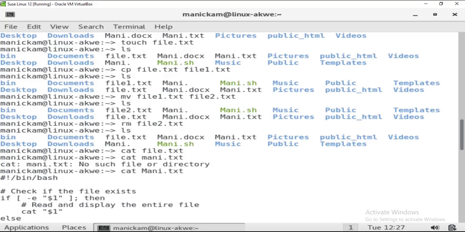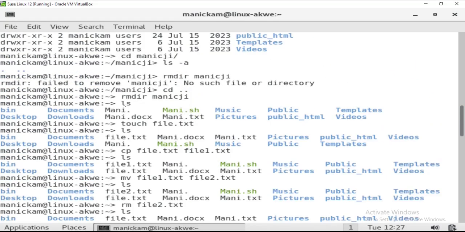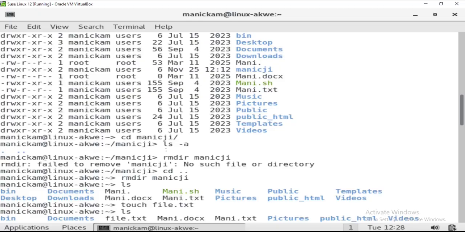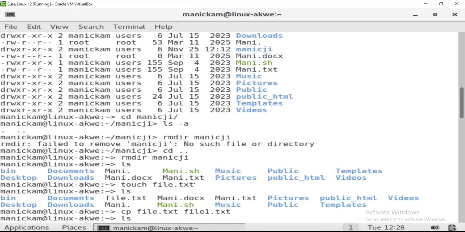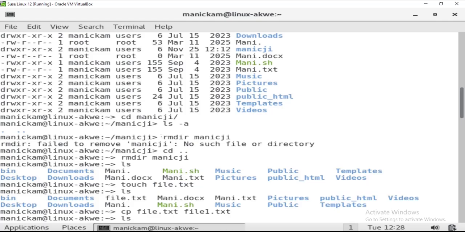And rename or move, that is mv. Before that we worked with the cp command, which copies one particular file to another name. And before that I told you the touch command, with which you can create a new file. And previously I told you the command rmdir, which means it can remove any